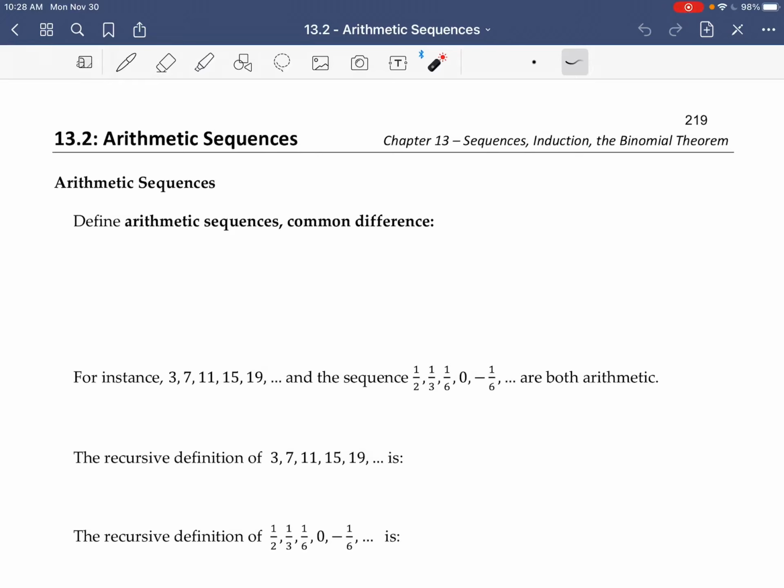In this video, we're going to talk about a specific type of sequence called an arithmetic sequence. Okay, so we start with the definition. It has this idea of a common difference. So an arithmetic sequence